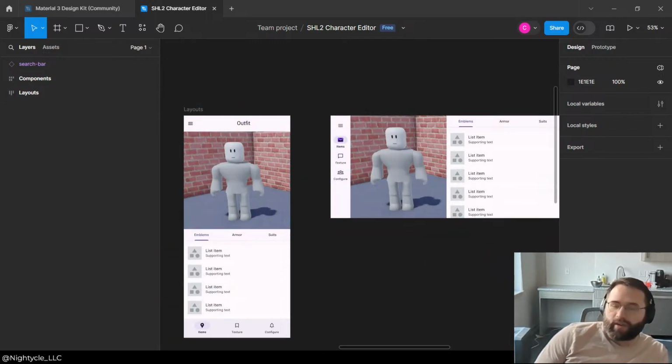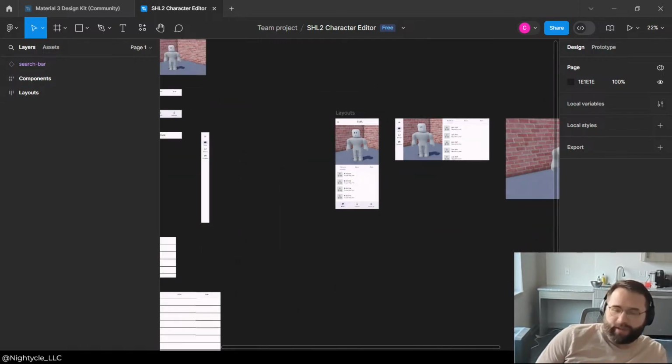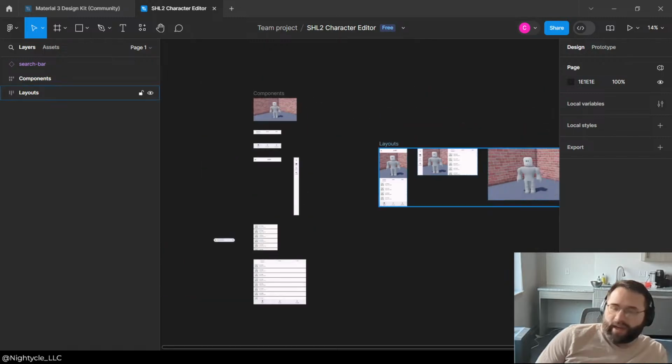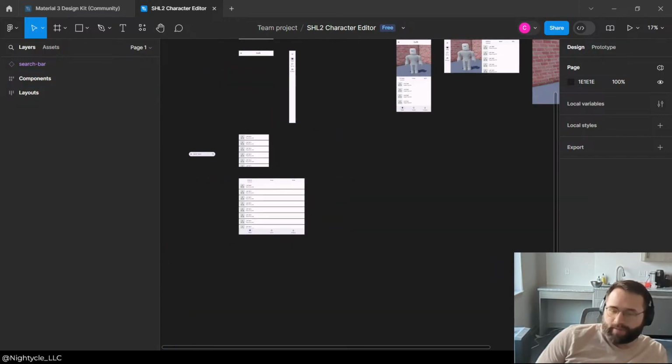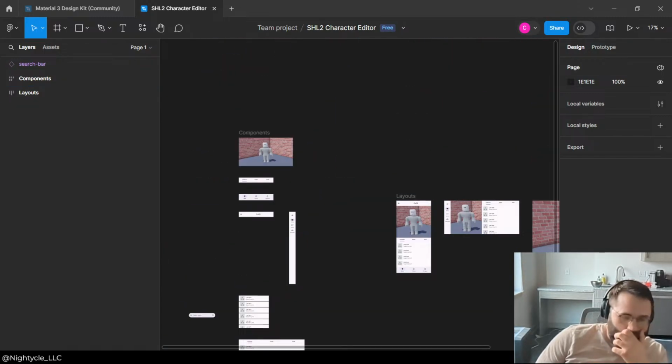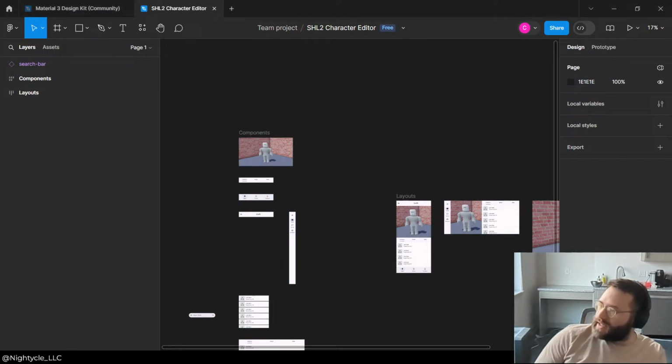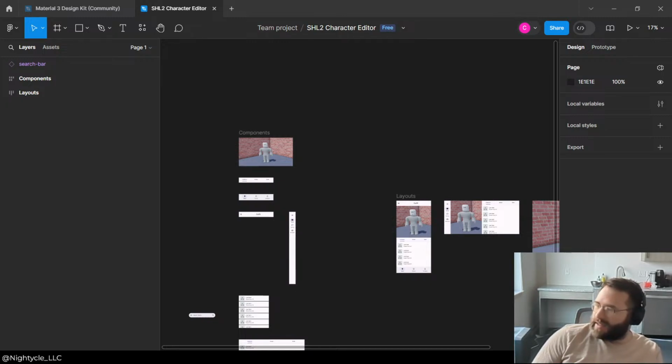Okay, so now how should we actually fit this in? Because we want to have a search bar, but I'm definitely open to people being able to make their own teams and groups and stuff. I think that'd be fun. I just need to actually get that going. Okay, so